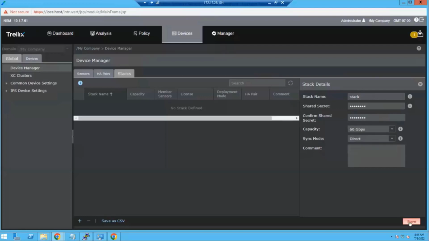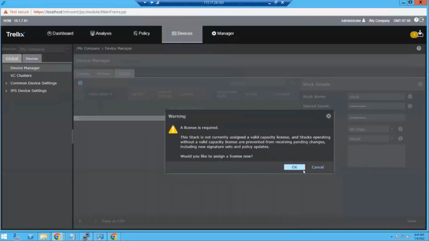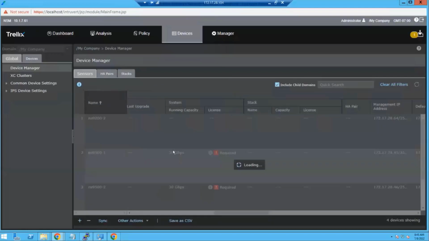And when I name it, it will create the sensors in the stack and add them to the list. I don't actually have a stack license available right now, so I'm not going to be doing that. But once you've done this, you can see the stack shows up in the list. And if we go back into the screen here,